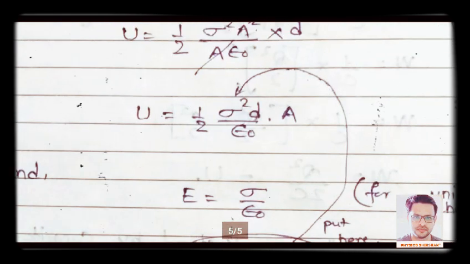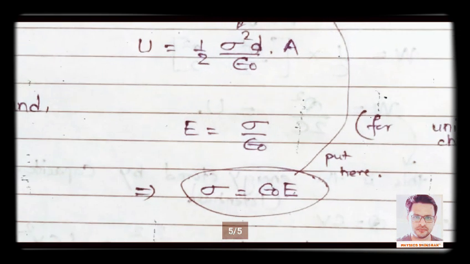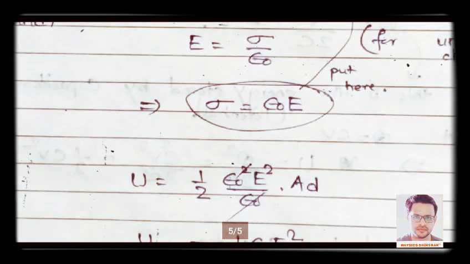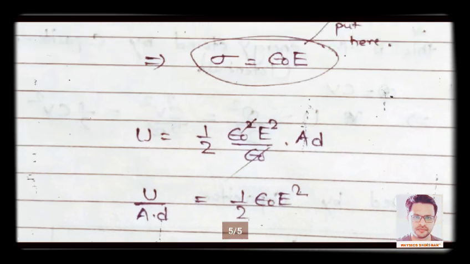So just stop here, and we have to put the value of sigma into something. So we already know about it. Electric field for any uniformly charged surface is sigma upon epsilon naught, which you have studied in the first chapter. So from this we can get sigma equals epsilon into electric field. So put this value in this quantity and you will get such things. Okay, you will get this.